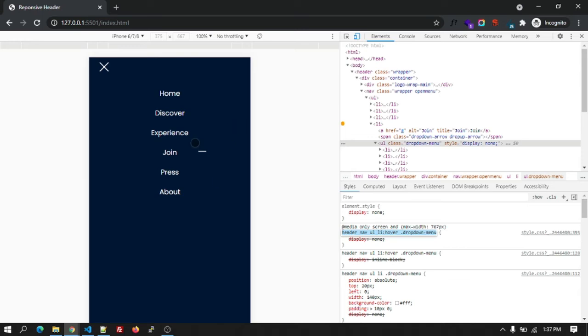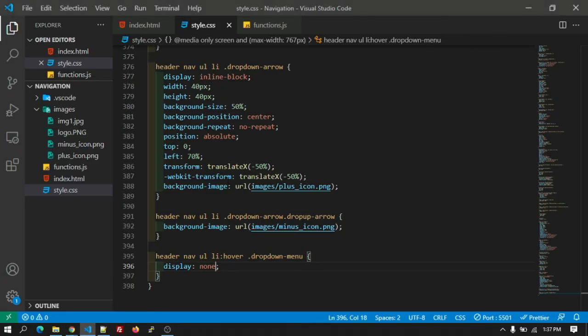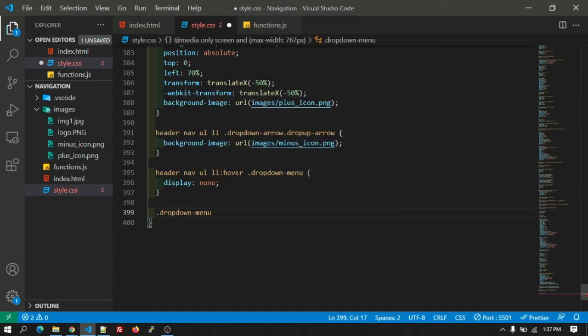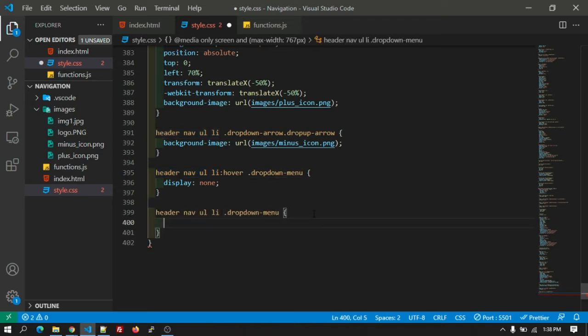Okay. So let's write the CSS for the dropdown menu. Let's go to our style.css and copy the class and add the parent tag as well.